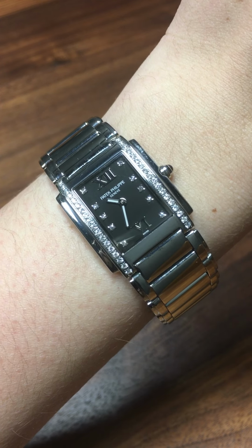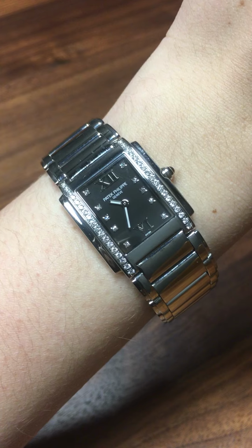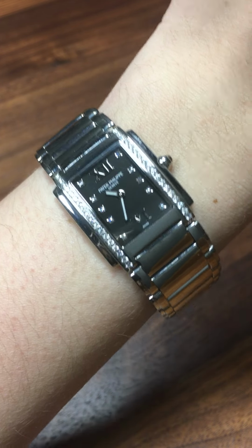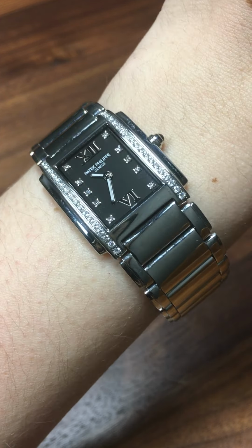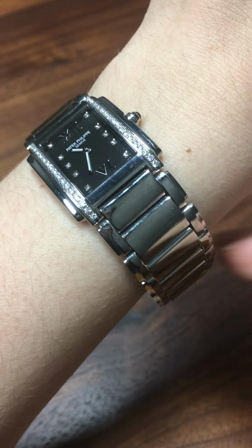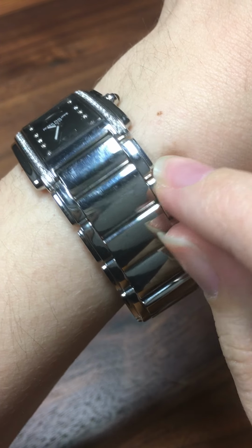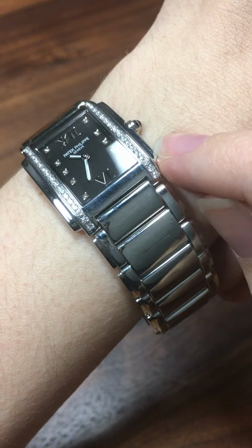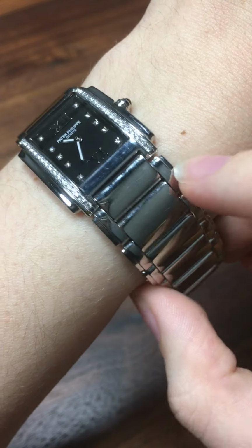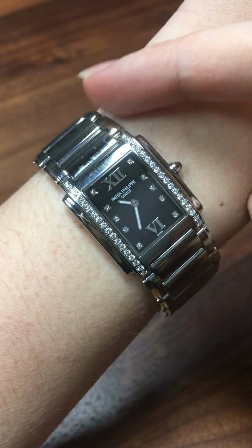I think that this watch has so many subtle and beautiful design details that really give it this overall sleek and elegant appearance. So to me, this design is all about the kind of streamlined appearance of the watch, and I think you can see this with the links on this bracelet having these two steps which are reflected in the case, and having these two steps which makes the transition from a bracelet to case back to bracelet very